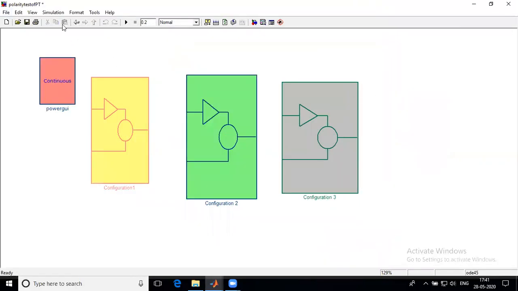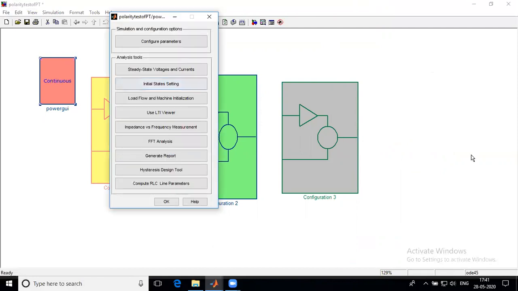Now I am simulating this circuit and will show what result comes. Go again to the continuous power guide, steady state voltage and current.